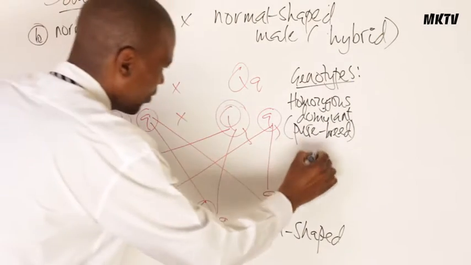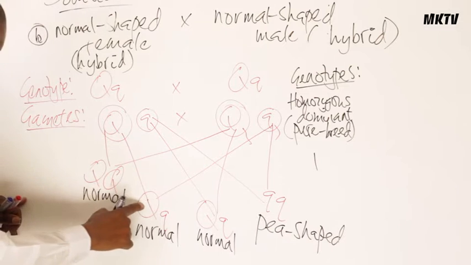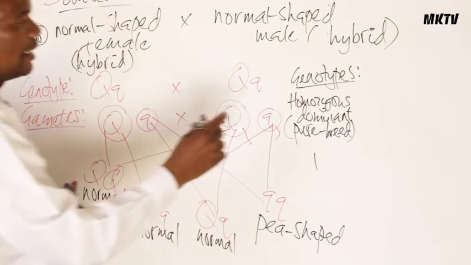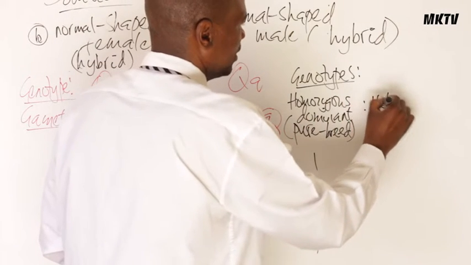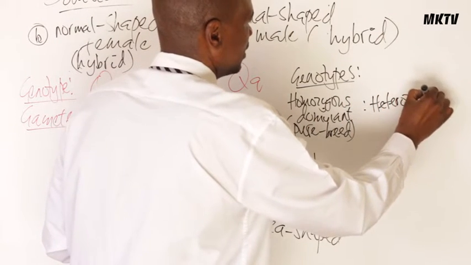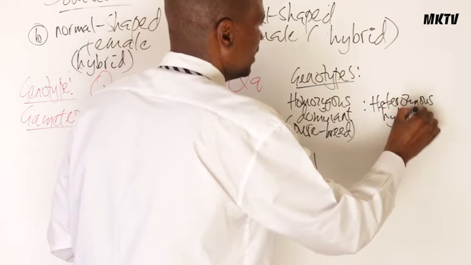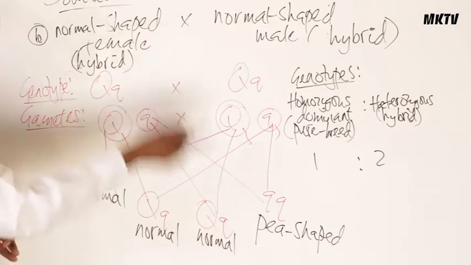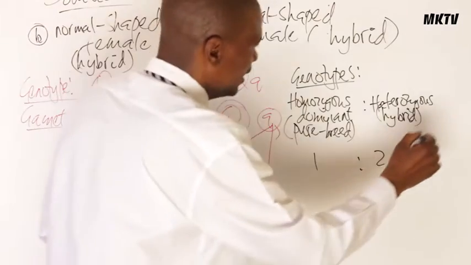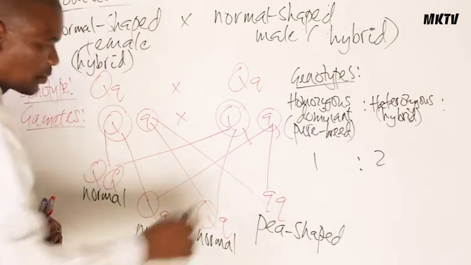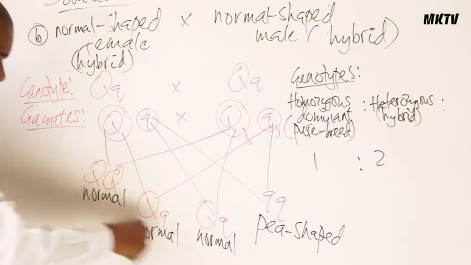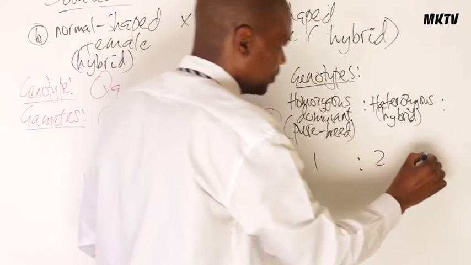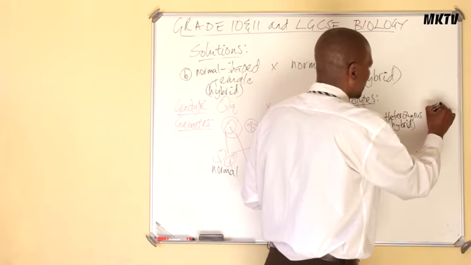So there's one like that, and then we have 2 of this, where there's a combination of different alleles, and we call that heterozygous, or a hybrid, as I'm saying. There are 2 of them, because we have 1, 2. That is genotypically. And then the last one that you see is this combination. So there's none like this. This one is like that, 2 of this, and then 1 of that. So the ratio is that, and we call this a